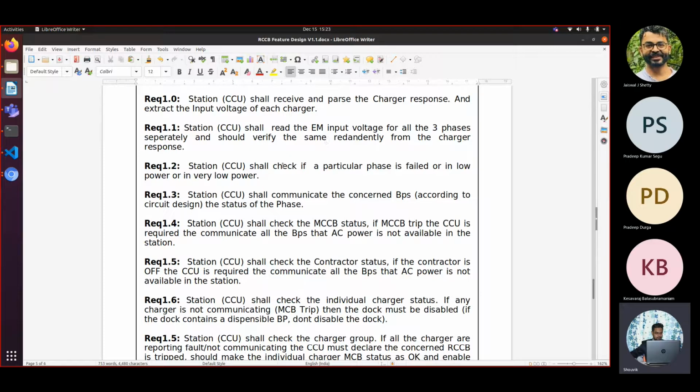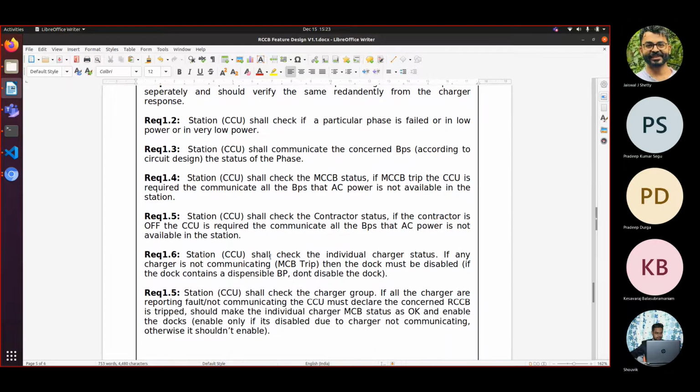It will check and declare the condition of the phase. Then, according to its analysis, it will communicate to the concerned batteries that AC power is not available, to stop the charging part. In case of MCCB and contactor also, it will do the same.